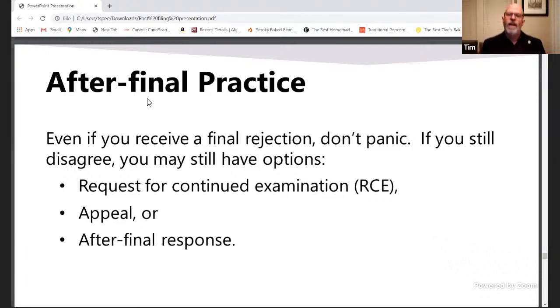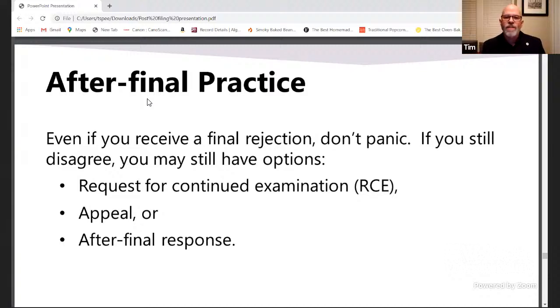Normally what you do is you file your application and we send out what we would call a first office action on the merits. That's what we call a non-final rejection. And you have an opportunity to respond to that in a number of ways, a wide range of ways that you're entitled to respond as a matter of law and as a matter of right.